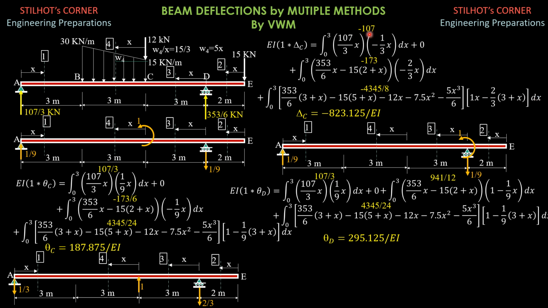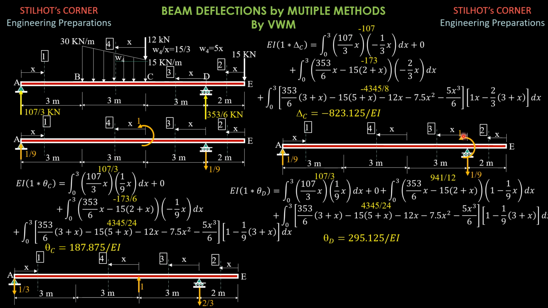So using a high-tech calculator, the value of the first term is negative 107, second term 0, third term negative 173, and the last term negative 4045 over 8. So combining negative 107, negative 173, negative 4045 over 8, delta C is negative 823.125 over EI, just like before. Next, for slope at D, so we apply a unit